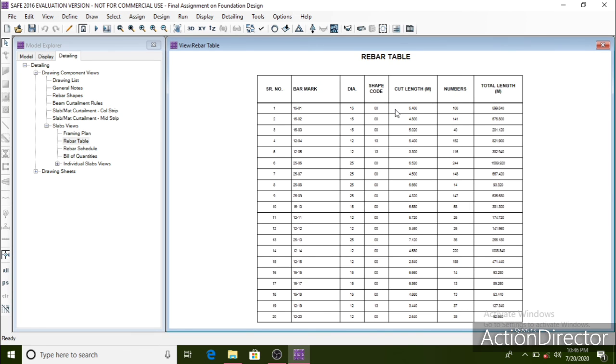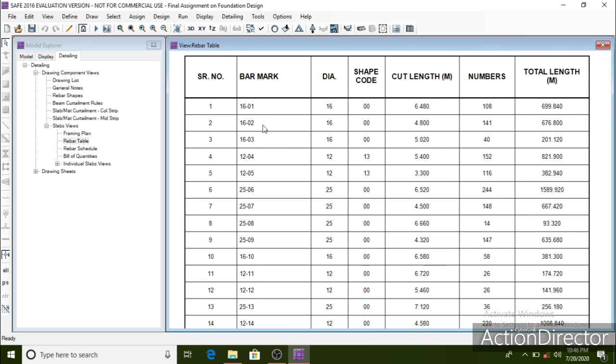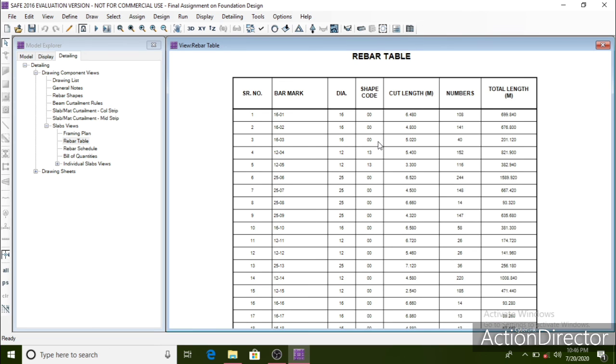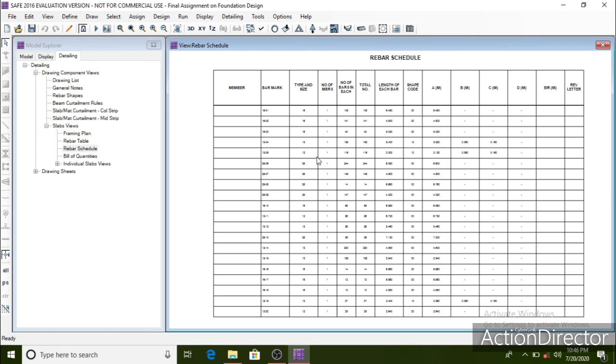So this is the rebar table. You can see the bar marks, diameter of the bars, the cut lengths, number of bars, total length of that bar used. All the details are here. You can click on rebar schedule as well.